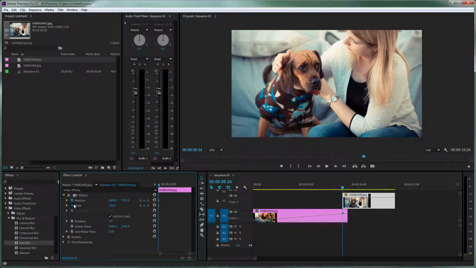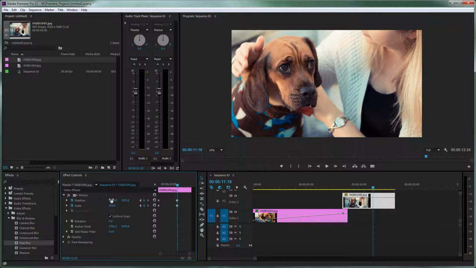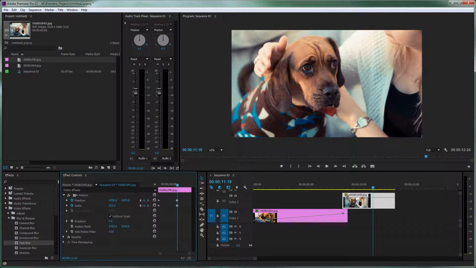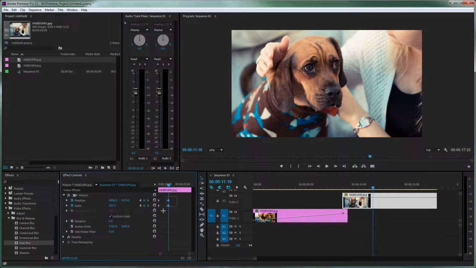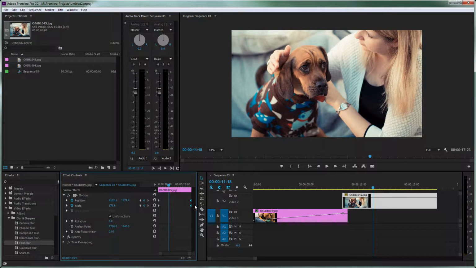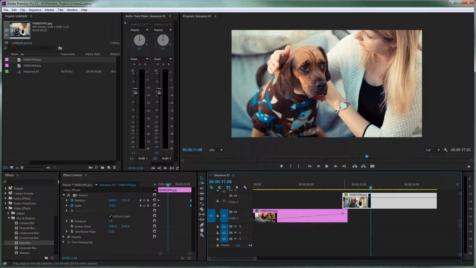Again, we'll put a positioning scale keyframe on, move further down the clip. Doesn't have to be at the end at this point, because we can just move them across. And let's zoom in on Marley's face. So let's kind of put him there, move across, and extend this out. And then select these 2 keyframes that have just been created and put them to the end. And we get a nice movement across,